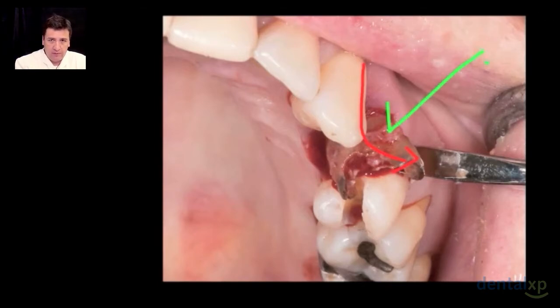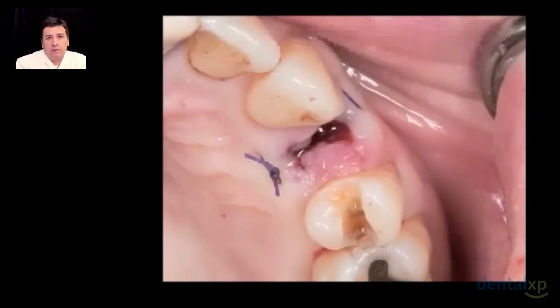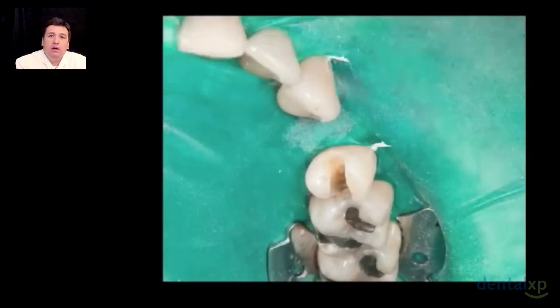Of course, we have to clean the socket with the curettes, and after that we will proceed with the suture, a very gentle suture so as not to compress the bone and the soft tissue. Remember that we are trying to preserve the papillas. Once we finish that, we put our rubber dam, like we are seeing right now, and with that we will